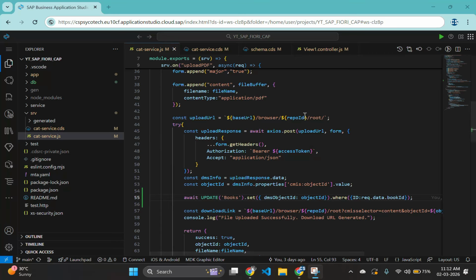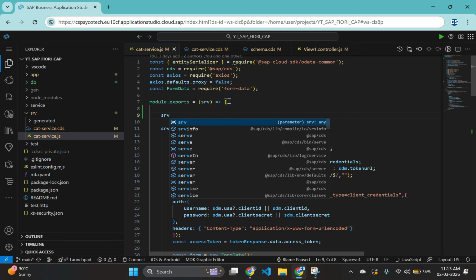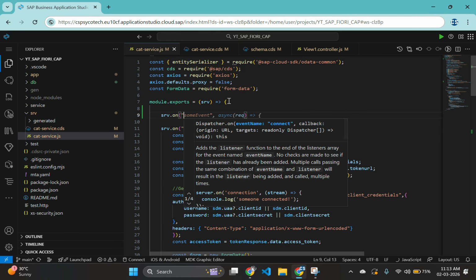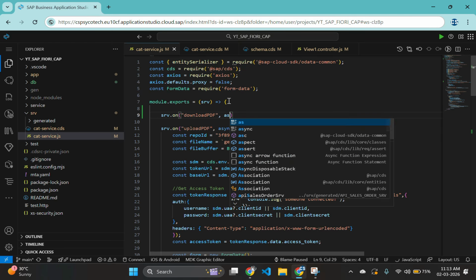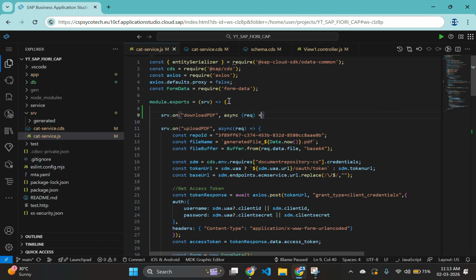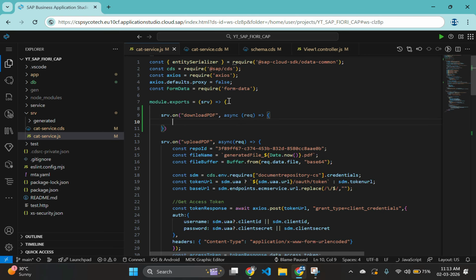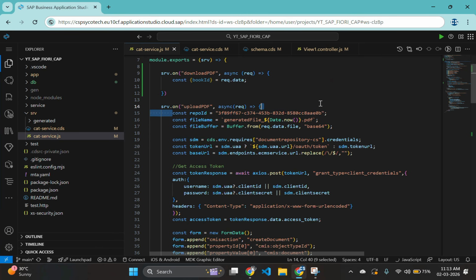Now, let's build the backend logic that actually reaches into the BTP cloud and pulls our file down. We start by creating our download PDF custom event handler. First, we extract the book ID that our Fiori frontend just sent us in the request data. Also, initialize another variable repo ID with the repository ID in the same way we did in our upload PDF